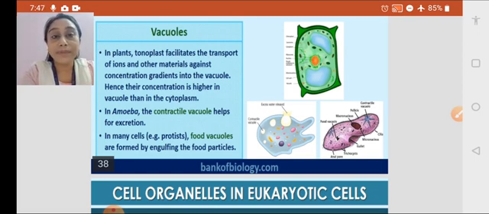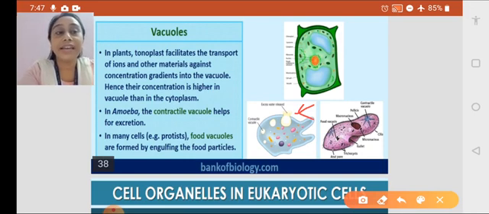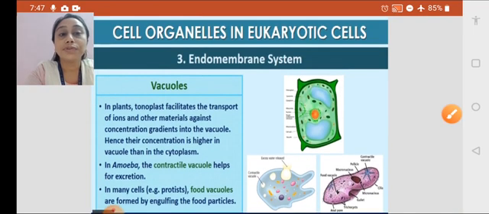In case of amoeba, after utilizing the food, the excreta which is produced is stored in another form of vacuole which is called the contractile vacuole. And the materials inside the contractile vacuole are secreted out by the amoeba. You see in this diagram how the stored materials, the excretory materials, are released out by the amoeba through the